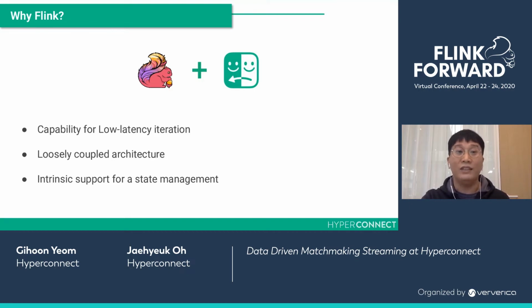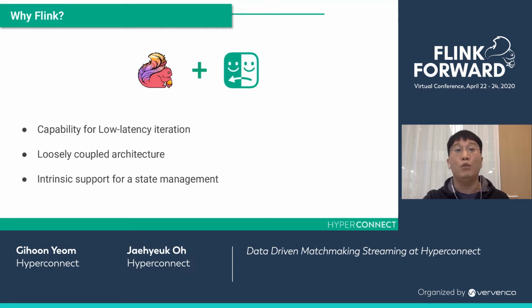And next is operator-based loosely coupled architecture. To improve the quality of the results, the new matchmaking system should explore more potential candidate pairs with multiple scores. And of course, some of them may not return responses in time for various reasons. With the async data stream, we can implement the loosely coupled architecture running stable, even though some of the scores are not responsive. Last is intrinsic support for